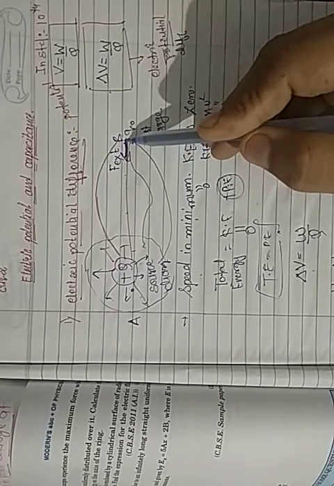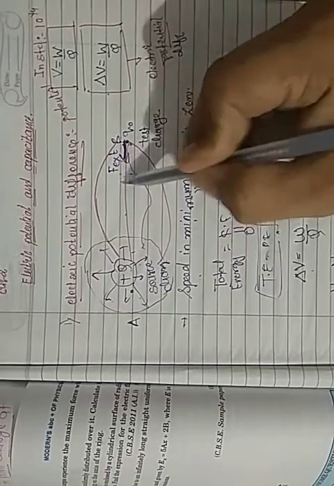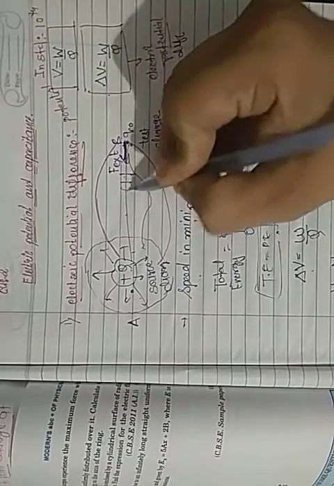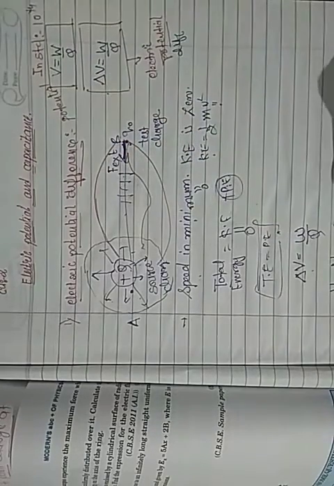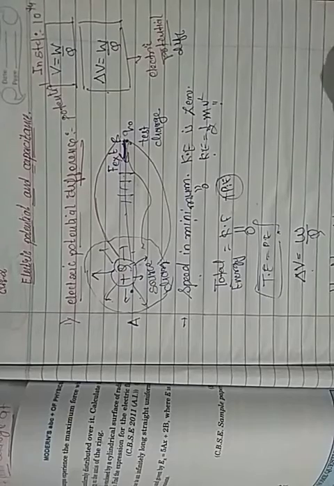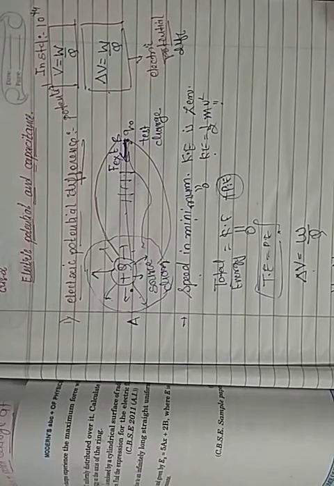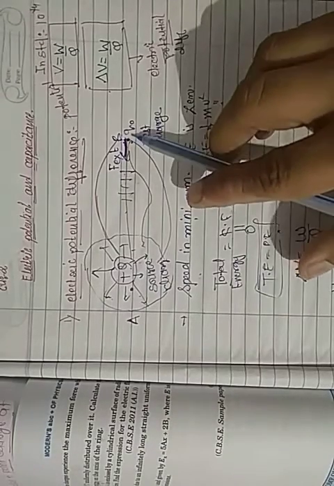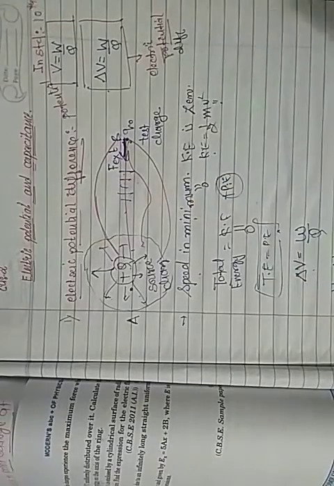And what is our intention? If the charge starts moving here from B to A, the force direction is here and the displacement is also in the same direction. Force and distance are the same direction, so work is positive. Here the work is positive. So we are moving from B to A. An external force we are exerting, bringing the charge from point B to point A, and the work is also in the same direction.